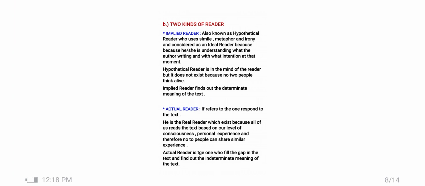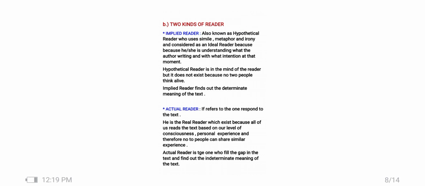Now let's come to the next concept. Number two, he gave two kinds of reader that he talked about. Number one, implied reader and actual reader. The implied reader is also known as the hypothetical reader. Who is the hypothetical reader? The one who uses simile, metaphor, and irony, and is considered an ideal reader because he or she understands what the author is writing and with what intention at the moment. Let me tell you, it doesn't exist because no two people can think alike, but it is in the mind of the